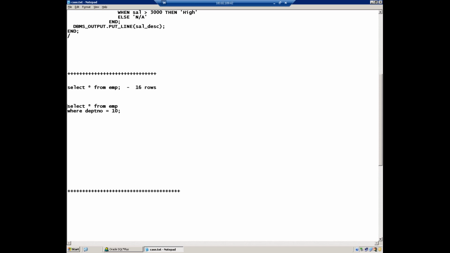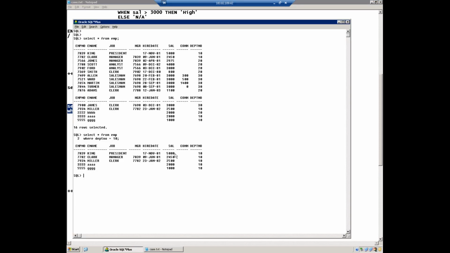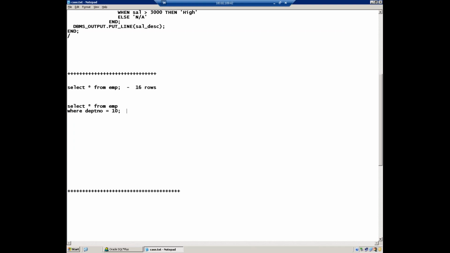How many records will you get now? Do you get all the 16 records? Now we are getting only 5 records, the employees working in department number 10 only.